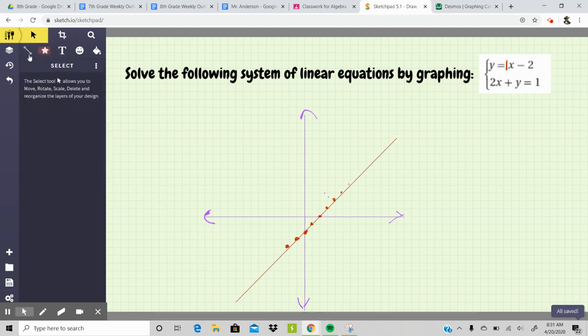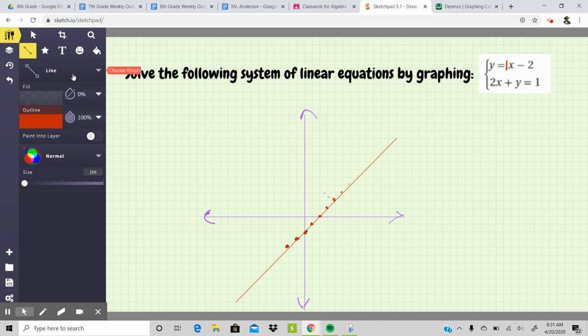All right, and then I will graph the other one. So if you look at the other one, 2x plus y equals 1, that is written in standard form, and there's a couple of ways we could think about graphing it. We could do, remember, graphing by intercept. So when I have an x-intercept, my y-coordinate is 0. So if I wanted to find my x-intercept, I could plug in 0 for y and solve, and vice versa for x. To find my y-intercept, I would just plug in 0 for x, or I could just